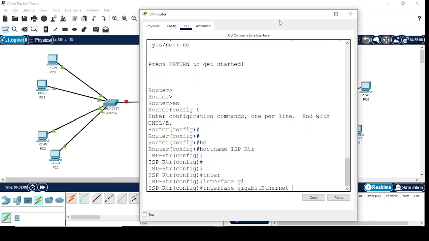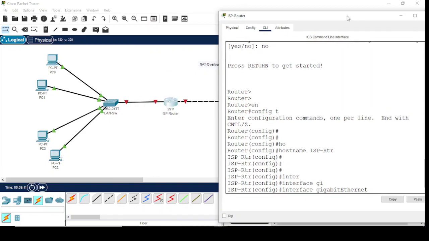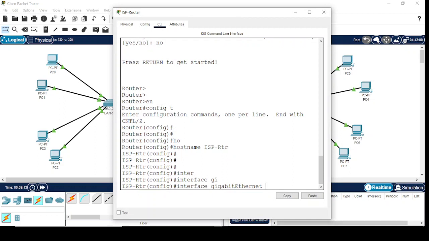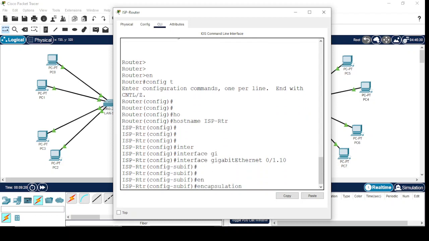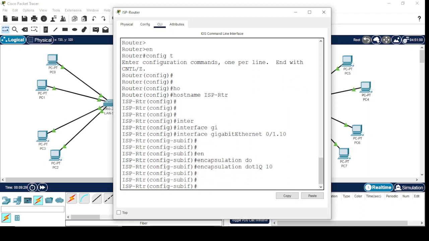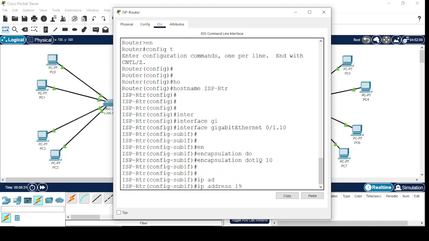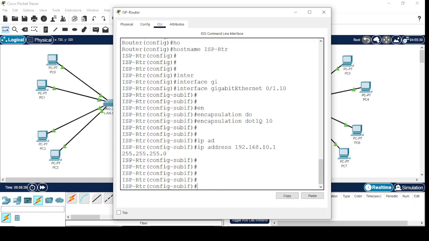Interface gig 0/1 is connected with this local LAN, so we will configure the 0/1 dot 10 sub interface. We are going to configure multiple sub interfaces on this router. Encapsulation dot1Q 10, IP address 192.168.10.1 255.255.255.0. It will be the gateway for our host,